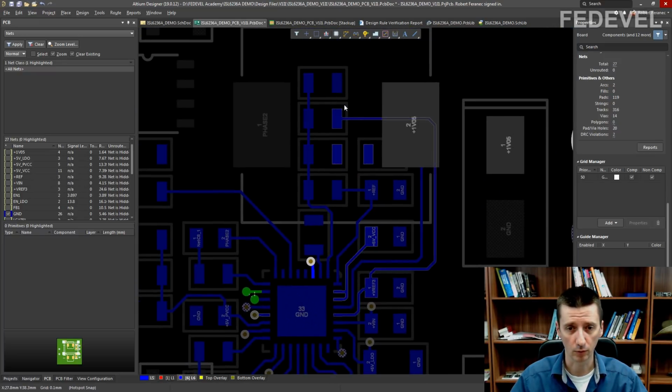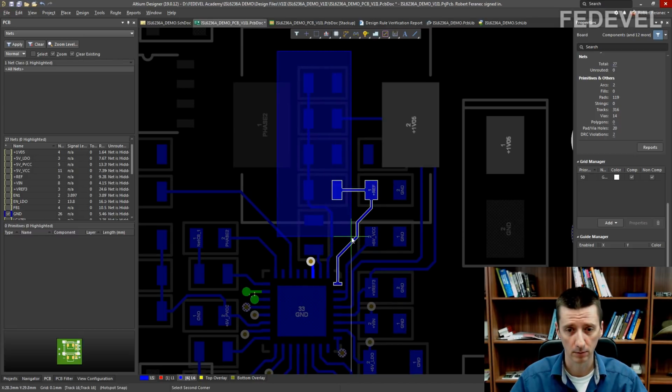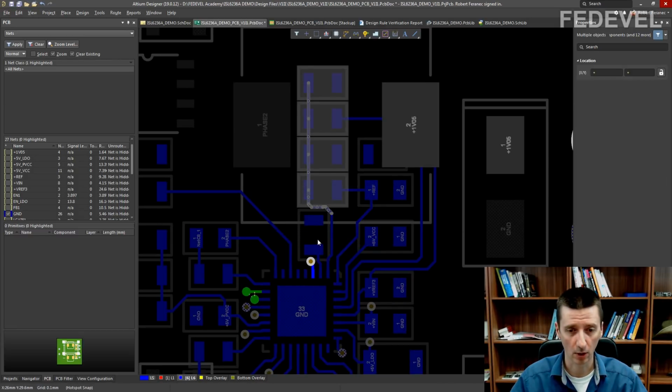Maybe we would like to move these resistors. Press Shift, hold it down, select also this one.